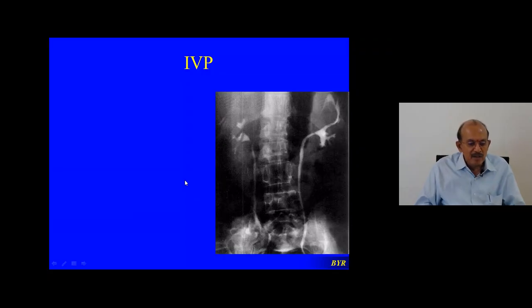Wonderful, you are right. It is polycystic kidney. Because of the cysts, they cause elongation. So there will be spider-like deformity on both sides and of multiple calyces, not only one calyx. You will see multiple calyces deformed with spider-like deformity. Very good.